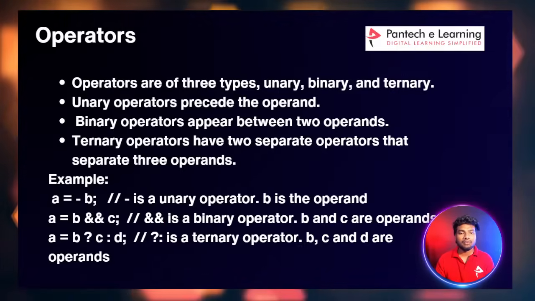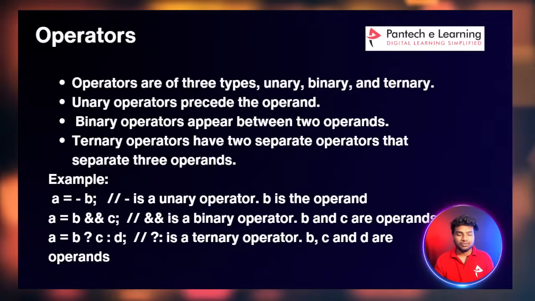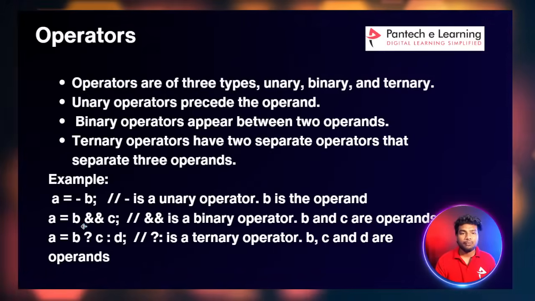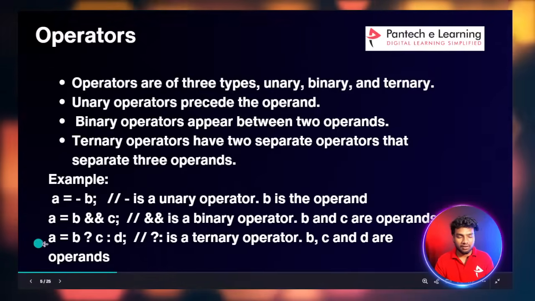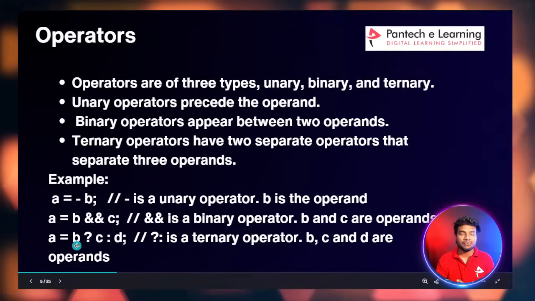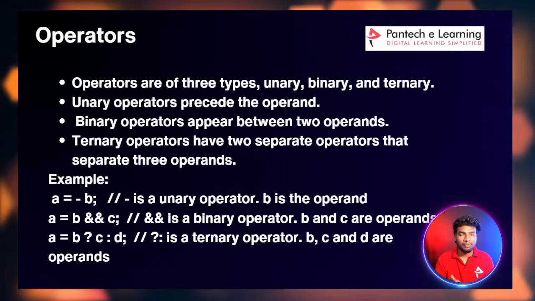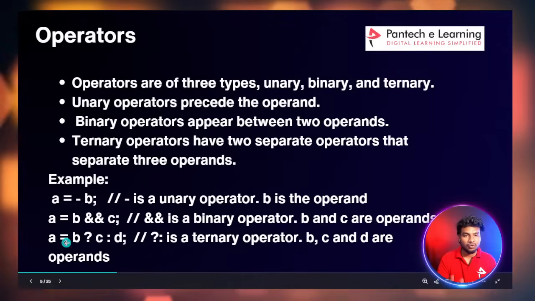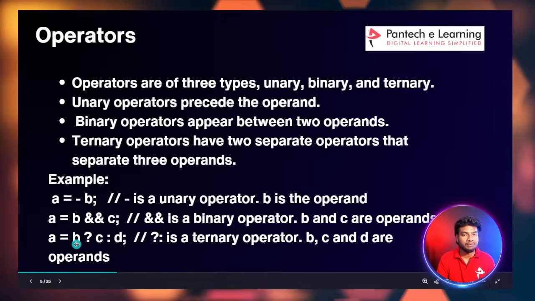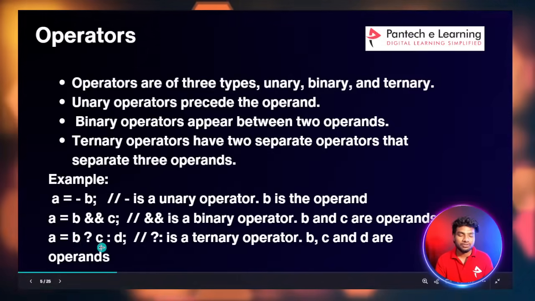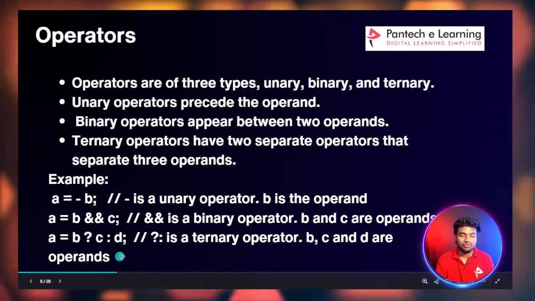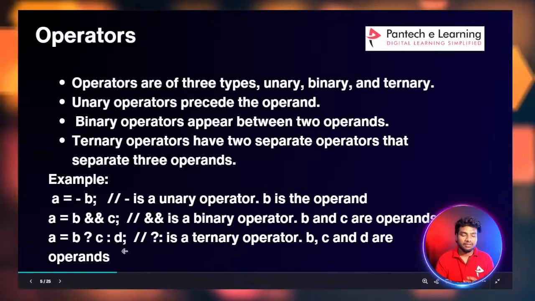There are a lot of operators in Verilog, so I will show you one by one. If you are using this, it is known as a binary operator. And then this is a ternary operator. It has different functionality. If I am assigning to A, if my B value is high, it will choose C. If B is equal to 0, it will choose D. So it's like an if-else condition. It will check B.